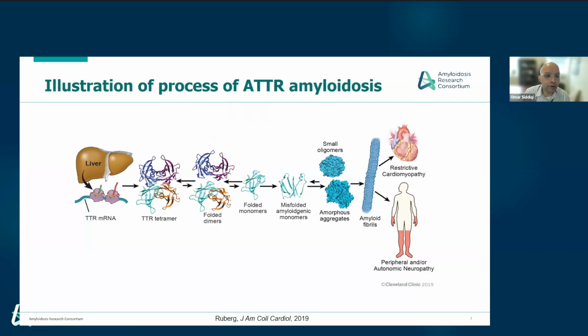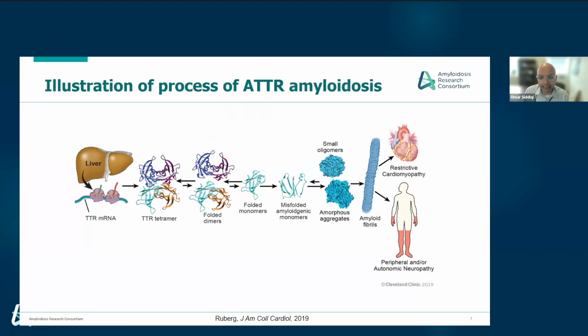And this is the stable form of the protein, and this is where the thyroid hormone binds and vitamin A binds and all of that. And this protein circulates in the blood in this shape of a 4-leaf clover, a tetramer. Now, for some reason, either hereditary reasons or environmental reasons, this 4-leaf clover, this tetramer, can break down and form dimers, like 2 subunits, or break down further to form monomers that can misfold and form these sticky fibrils that